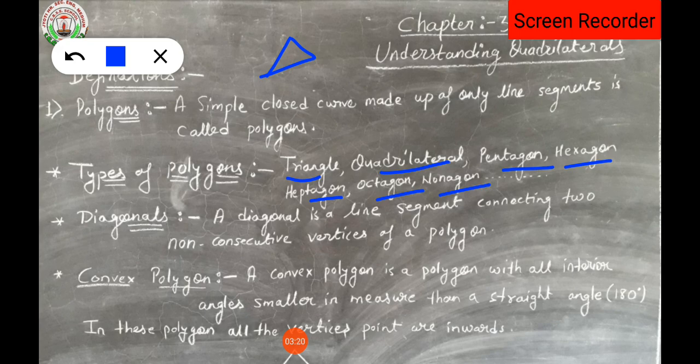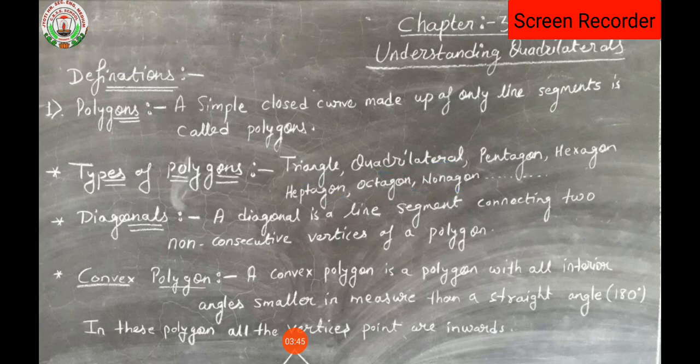Okay, then next one is a quadrilateral. Quadrilateral, everybody knows, is a 4-sided polygon, isn't it? Under quadrilateral many polygons come, like rectangle, square, kite, trapezium, isn't it? Parallelogram comes under the quadrilateral. Clear? Now a 5-sided polygon is said to be a pentagon. This figure I am going to draw here. So this one is a 5-sided polygon.